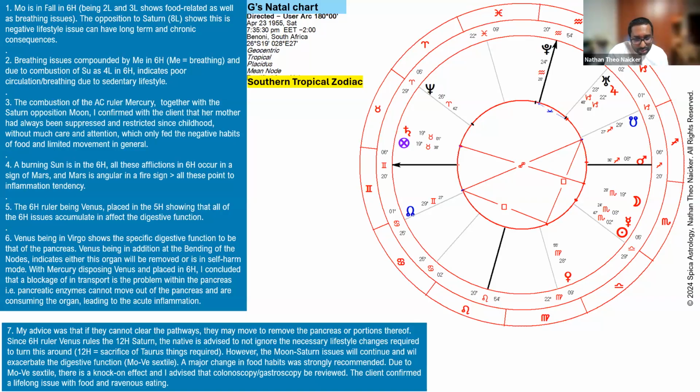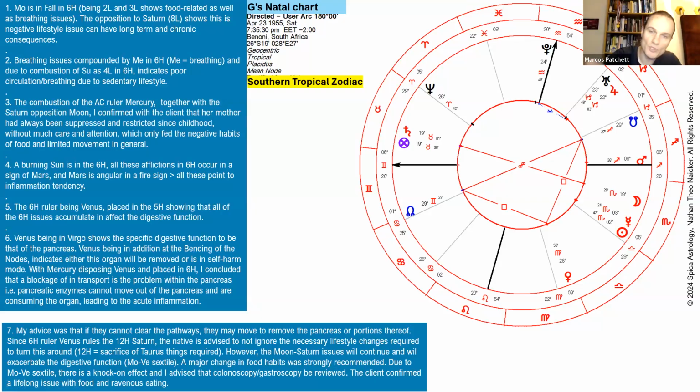And the client confirmed that the mother had a lifelong issue with food and ravenous eating, even in the hospital, just gulping. So it's showing that really fallen moon state of that hunger, you know. So that is played out in the horary chart very neatly. It's super clear. It's a lovely example, Nathan, as well, because if you did this chart in the standard northern,